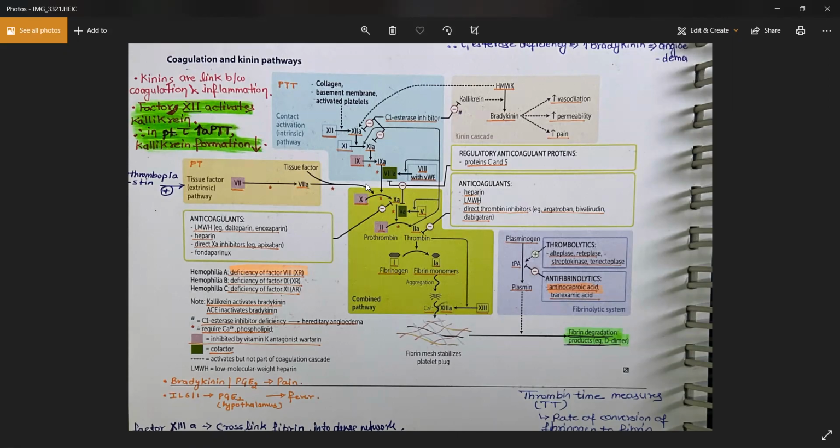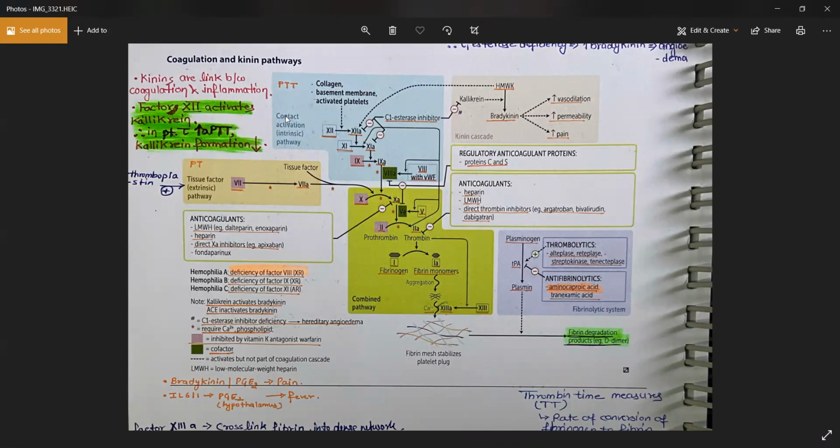And this factor 10 will convert the factor 2, factor 2 will convert the factor 1. You just have to go reverse. 12, 11, 10 will be here, 9, 8, right? The 7 is here, the extrinsic pathway, ultimately 2 and 1. Is that okay, the pathway? Yes. Okay, now see, you have certain drugs which can interfere with this pathway and can inhibit the